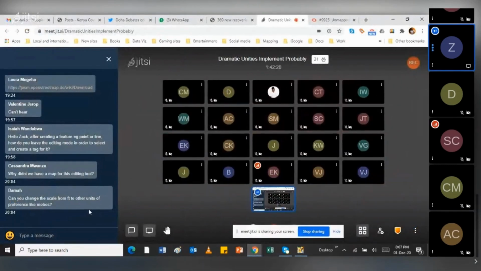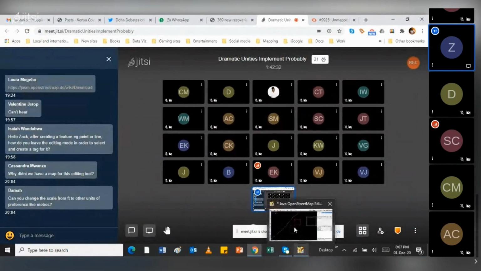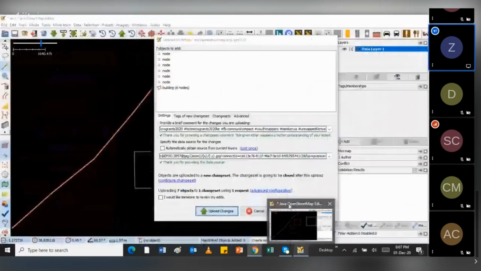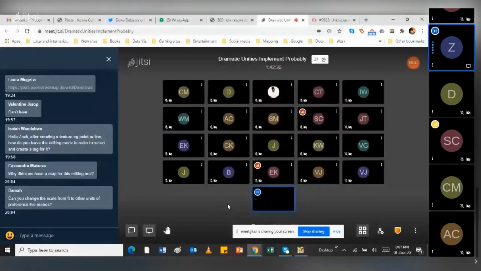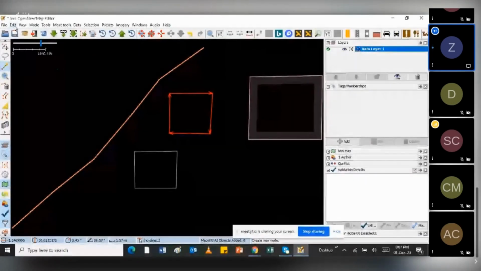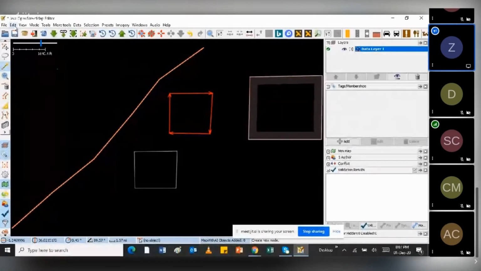There's a specific tool you can use to make these changes, just that I can't remember where exactly because it has a lot of tools. Maybe I can check when you move to the Mapathon, and before you finish the session, I can show exactly where you can change that.